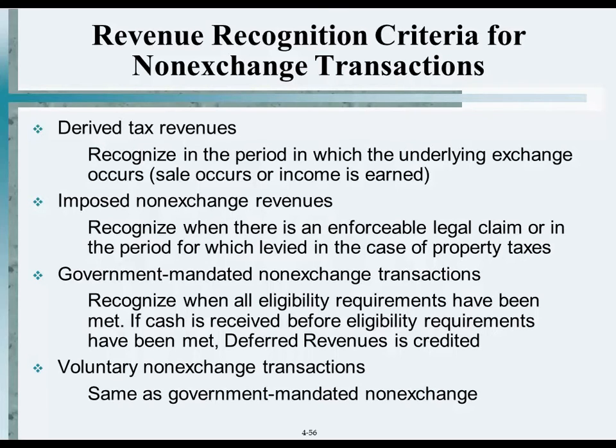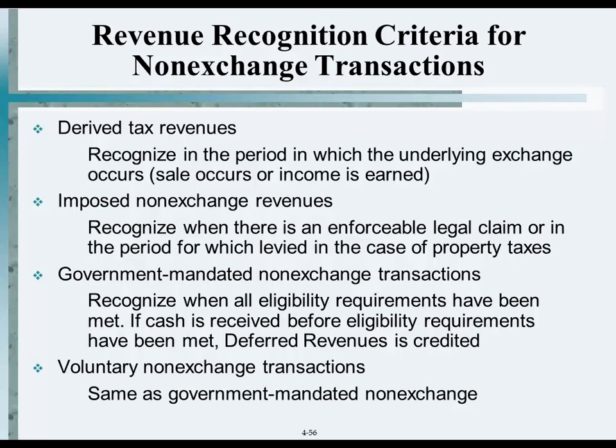In the case of the second one, recognize when there is an enforceable legal claim or in the period for which levied in the case of property taxes. Okay. What that means is, if you're going to pay property taxes for next year, can you count on those revenues this year? Do you have a legal claim to those taxes now? No. When would you have a legal claim to them? When next year comes around. And that's what that means. You recognize it when there is a legal claim